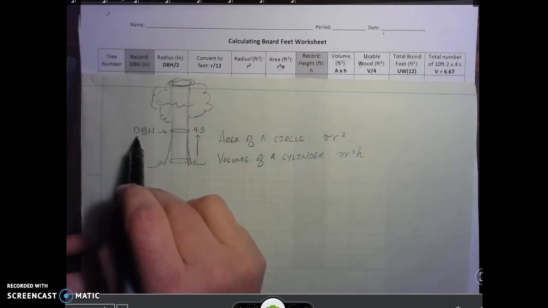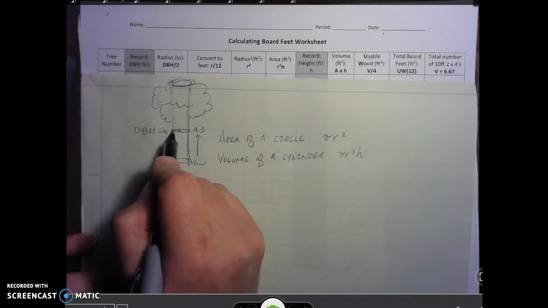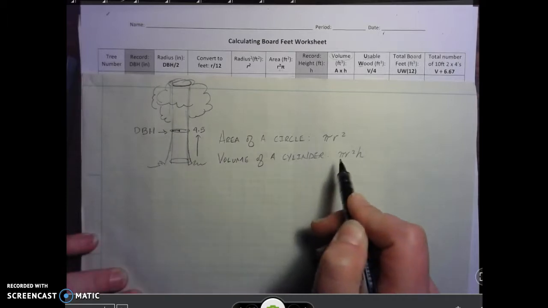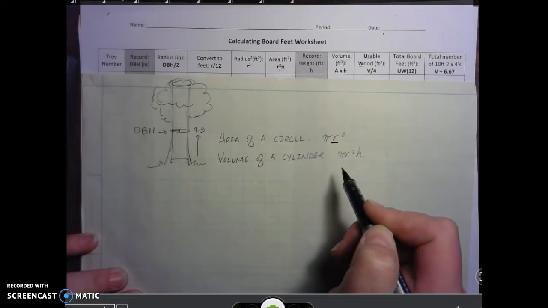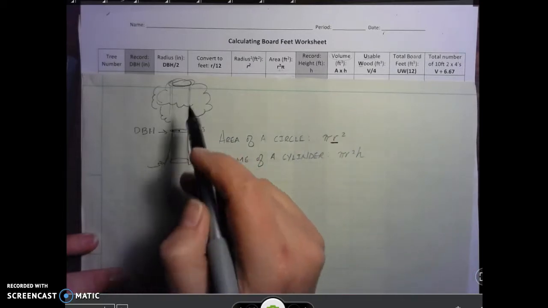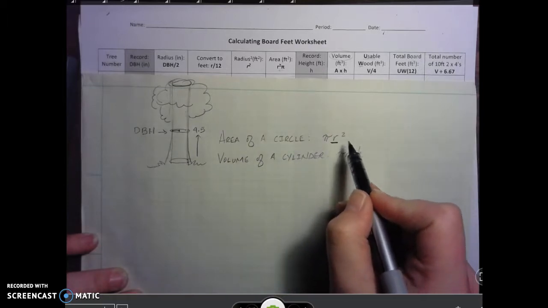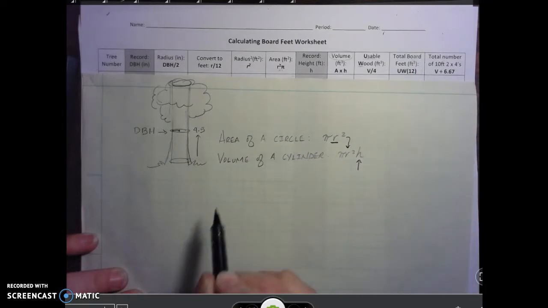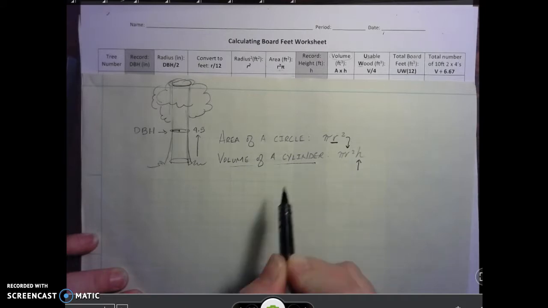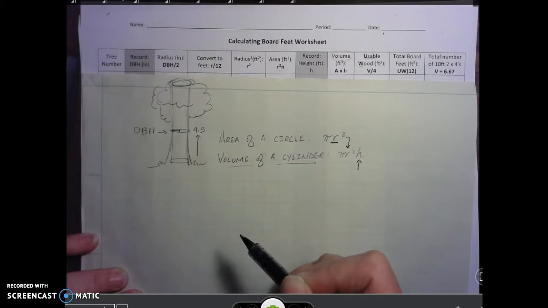So we're going to start with the piece of information that is our diameter. We are going to extrapolate from that the radius. We will then be able to plug the radius into the calculation for an area of a circle. We are then going to take our recorded height of the tree, and then we will have both of these pieces of information that will give us the entire volume of a cylinder. Now from that we will do some other conversions in order to find the industry standard